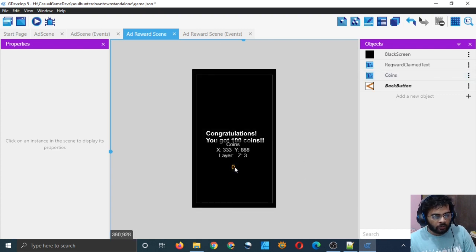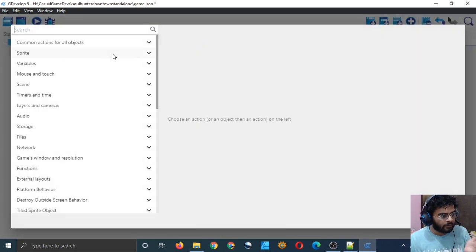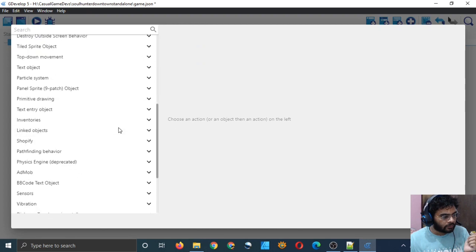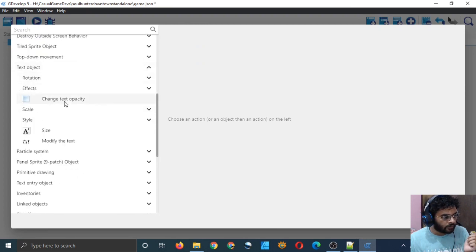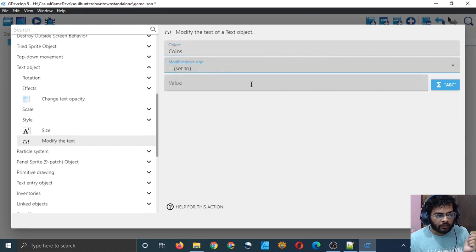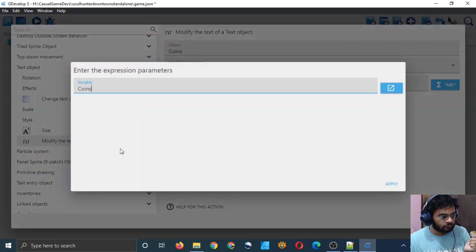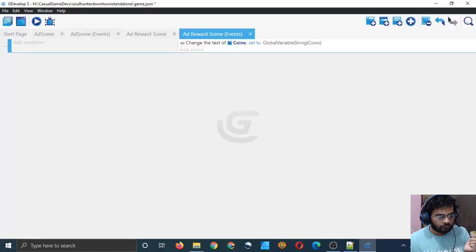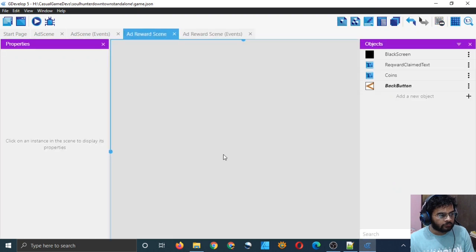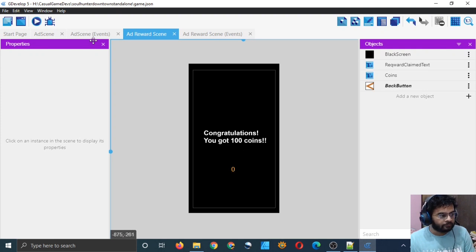Now this is the number of coins which I have. I want to see it, it's not necessary, but okay, I will just do that. Add an event every frame. Just go to text object and modify the text, coins operator is equal to, and value will be the global variable coins. Okay, cool. This will show me the total number of coins I have.